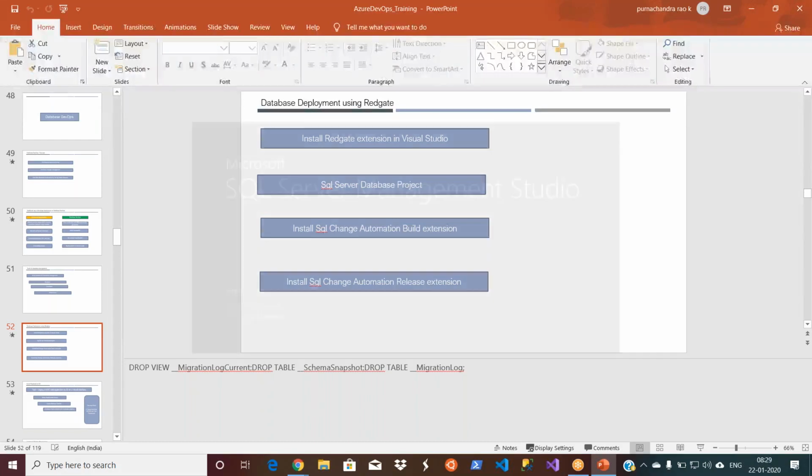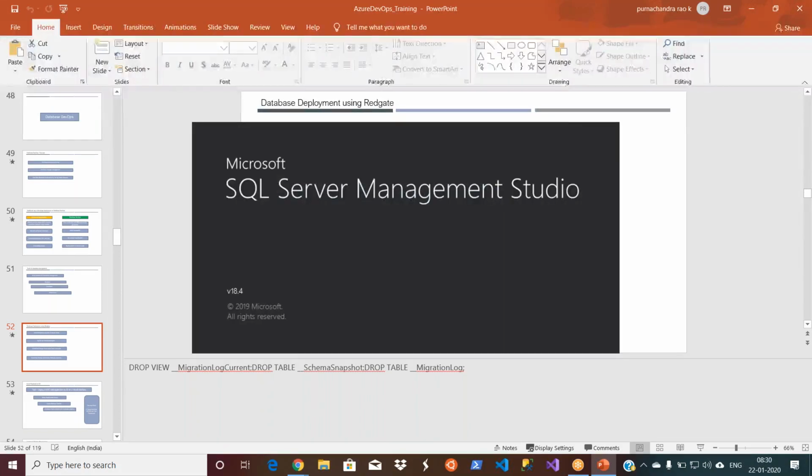I have SQL Server Management Studio on my laptop. I'll go and create one database, probably create some tables, and see how we move them from the dev database to the query database. Let's spend a couple of minutes on that.